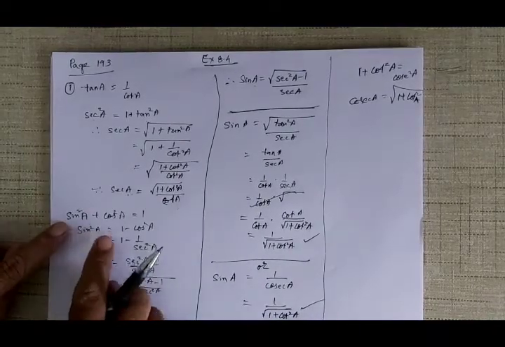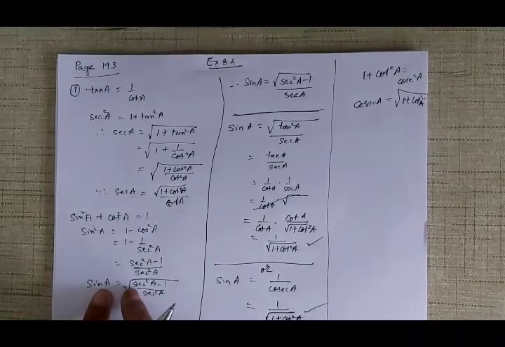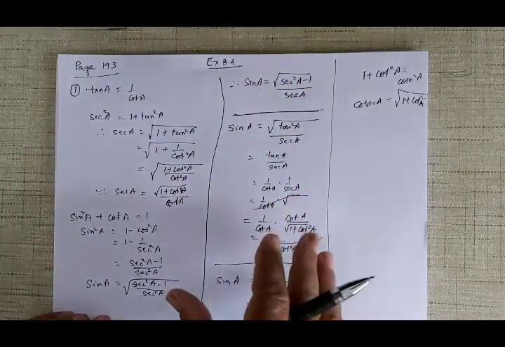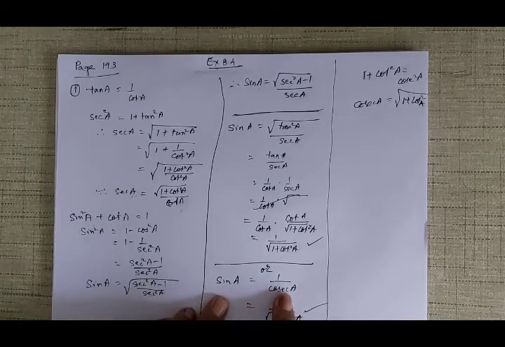Now here I had started with sine square a plus cos square a. You might ask, is this wrong? No. I have used the relationships also, but it is longer. But this one is shorter. See, once again I am explaining this, the third one. Sine is the reciprocal of cosec, so sine a is equal to 1 upon cosec a.